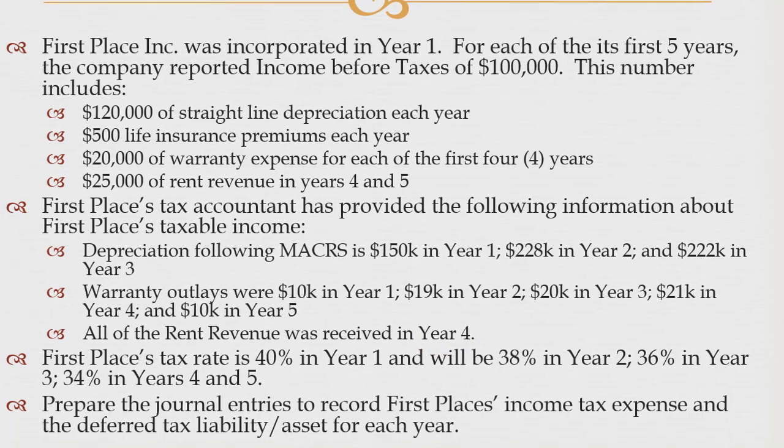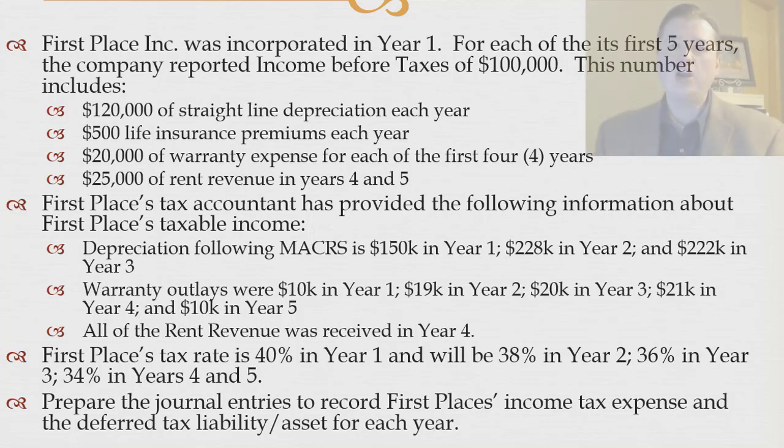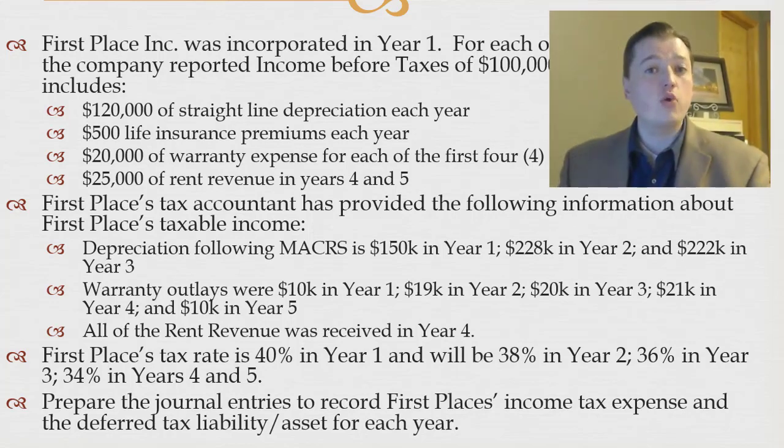The tax rate for First Place has changed a little bit. It was 40% in year 1. It'll drop to 38% in year 2, 36% in year 3, and then 34% in years 4 and 5. We want to prepare the journal entries to record our income tax expense and deferred tax liability for each of these years. One little caveat here, I think we'll probably keep this to just the first 4 years for the